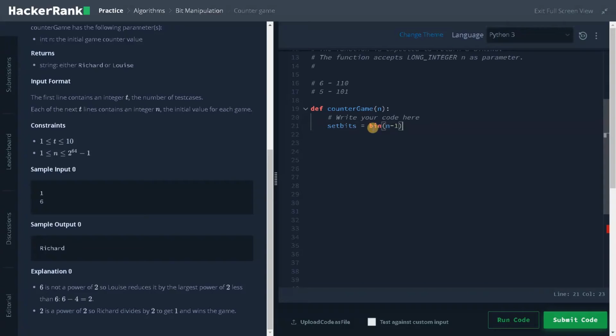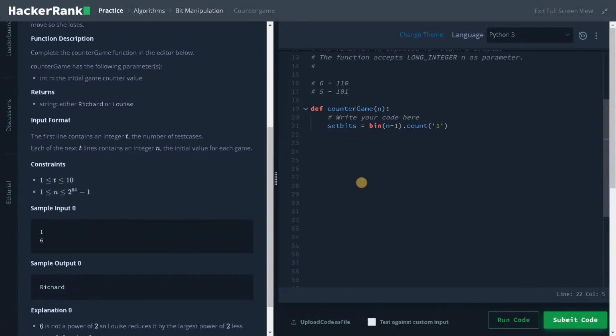This binary is like a string representation. I'm going to get the binary representation of n minus 1 and then count the set bits, the 1s. I'm going to represent this as a string. Now it will count it and store the count here.